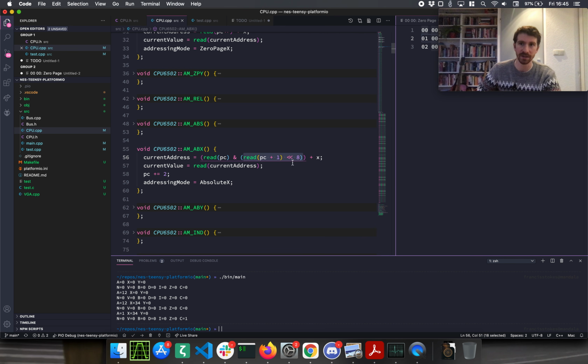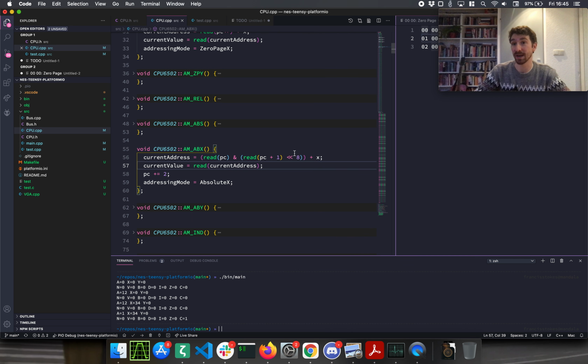This is a little endian system, so the byte order is actually reversed. The first byte is the lowest byte, the smallest byte, and then the next byte has to be shifted in order to be represented. So we read the program counter one more address across, and this is where